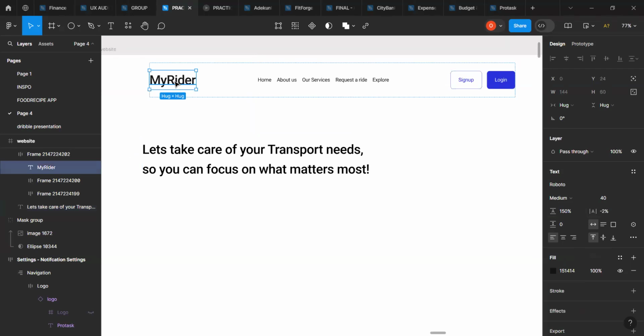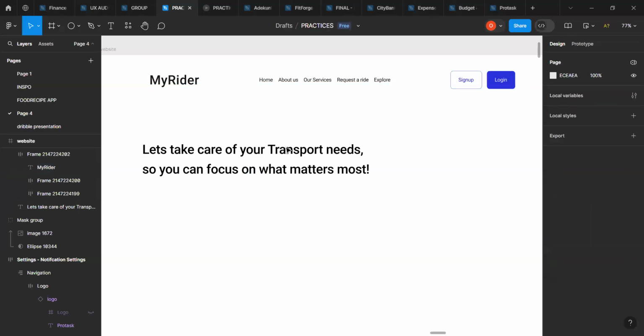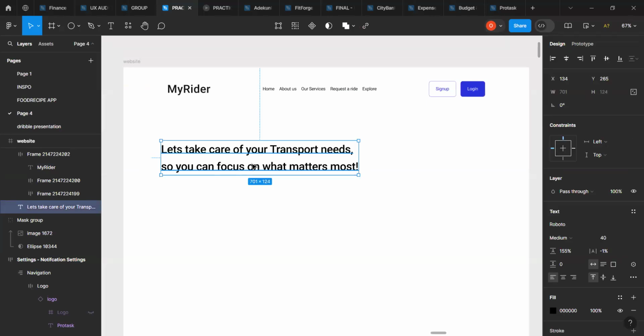It's not always good for header text. Mostly it's good for body text, not header text. Let me adjust the line spacing here. See, it looks better so that it can breathe. So we have: let's take care of our transport needs so you can focus on what matters. Then